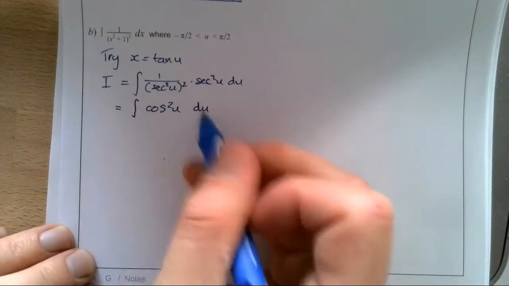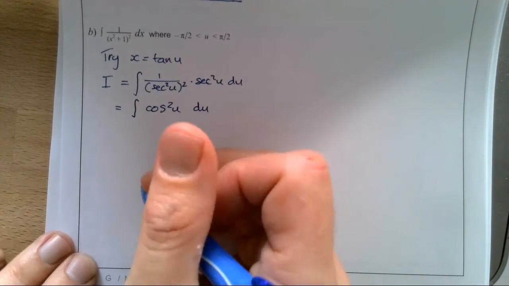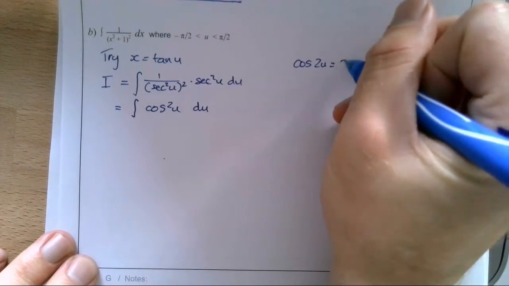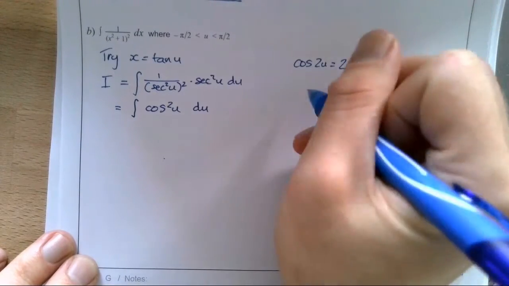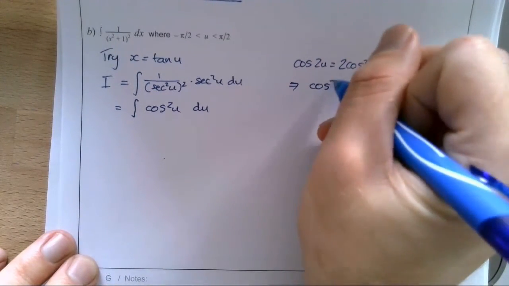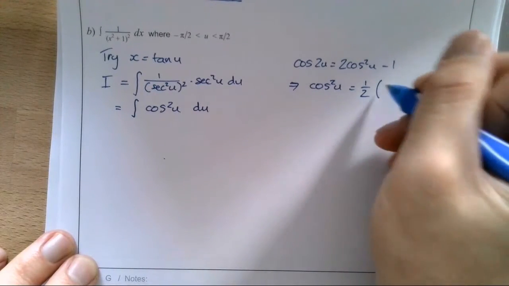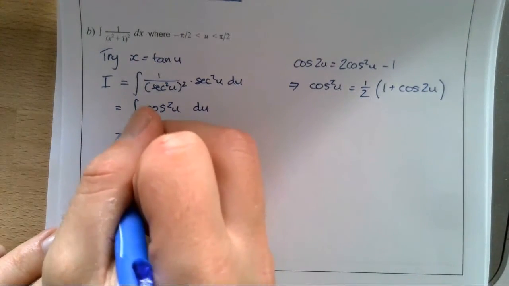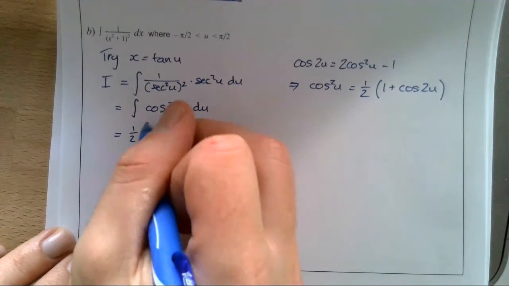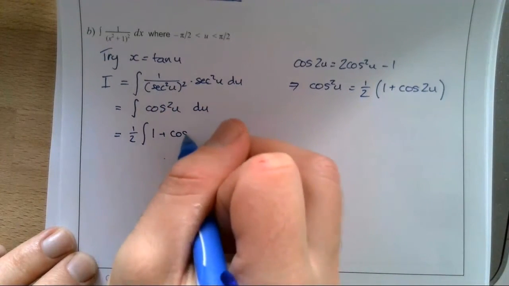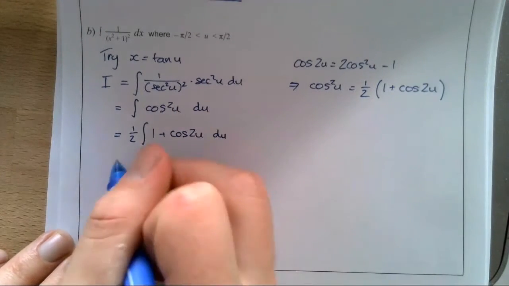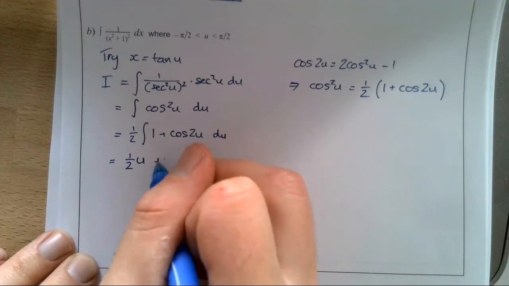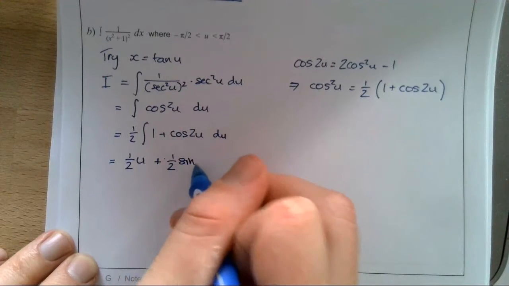Now what I'm hoping is that at least some of you, when you saw the cos squared, thought, oh yeah, we know how to deal with that. We're going to use the identity cos 2u equals 2 cos squared u minus 1, which means that cos squared of u is a half times 1 plus cos of 2u, like this. So that's going to give us a half times the integral of 1 plus cos of 2u du,